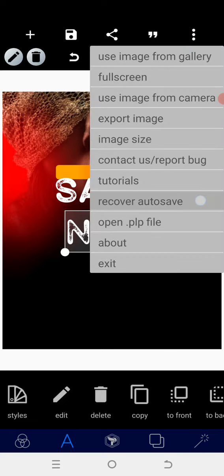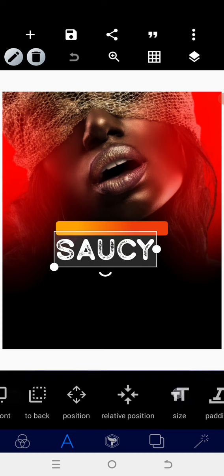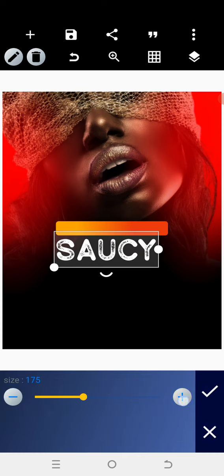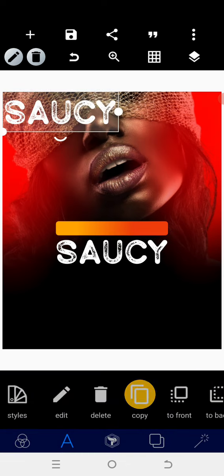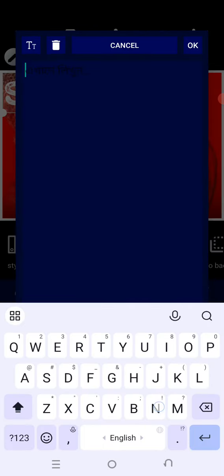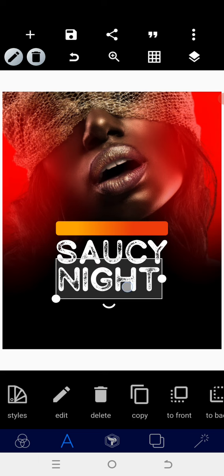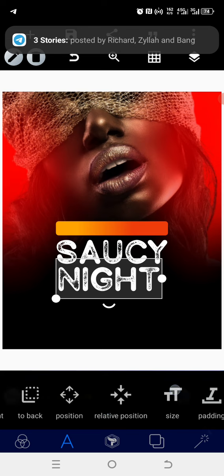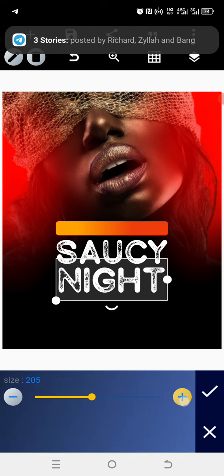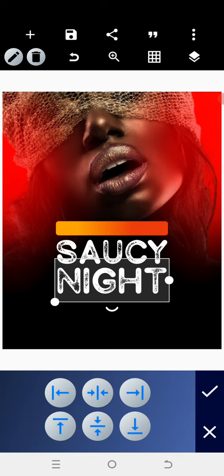So when you experience this, you can go to save and pick the first one, so you can retain the previous one. And when it's done that, you won't experience such again. So now copy. So when you copy, you put night here. So after putting night, then you can readjust and reselect properly to make sure that it fits in. If you don't like the shape of everything, you can readjust it back. So